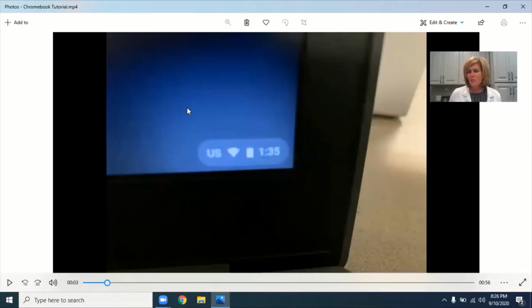And before you actually log in, you want to make sure when you're at home or wherever you're using your device that you connect to Wi-Fi. It does need to be connected before you can actually log in. So down here, we call this the status bar. You have some tools down here, kind of an upside down triangle looking object. That is your Wi-Fi. So if you go ahead and click on that, it is going to take you to